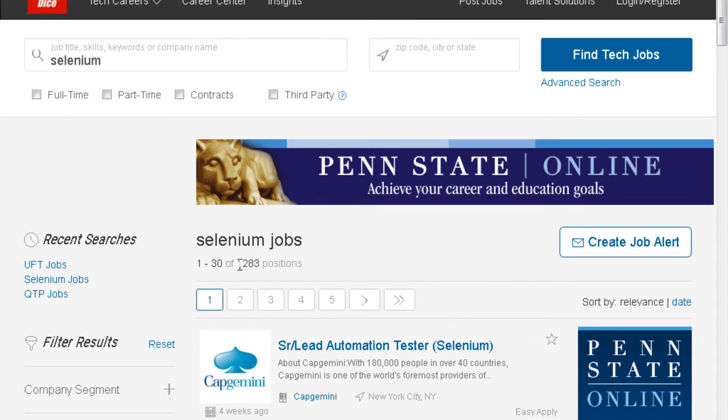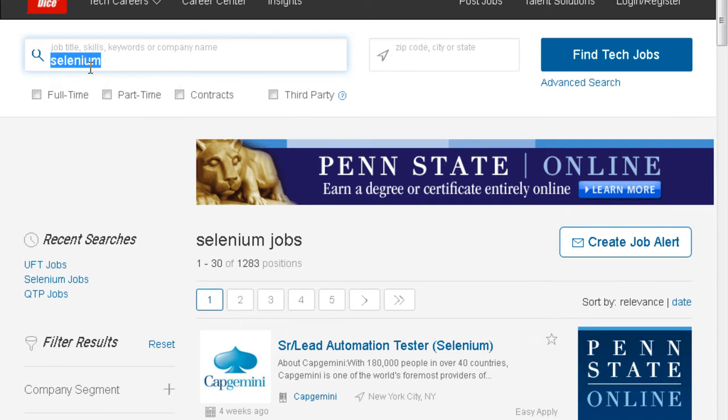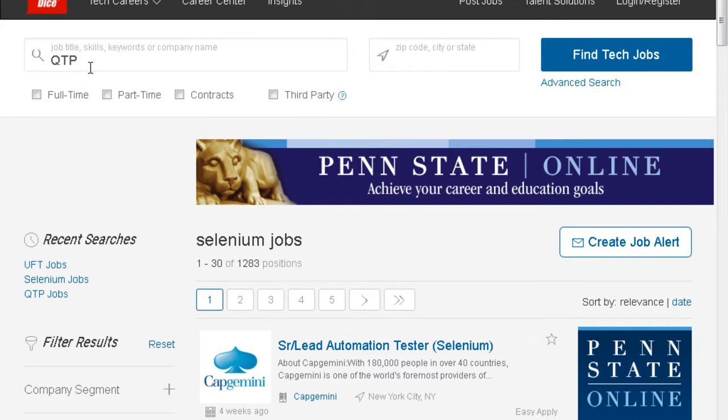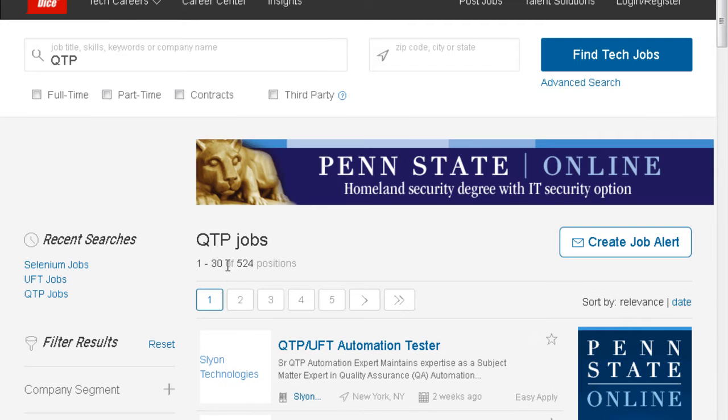So there are nearly 1300 jobs for Selenium. But if you search for jobs on QTP or UFT, they also call it UFT these days, there are nearly 550 jobs. So Selenium has got better requirements.